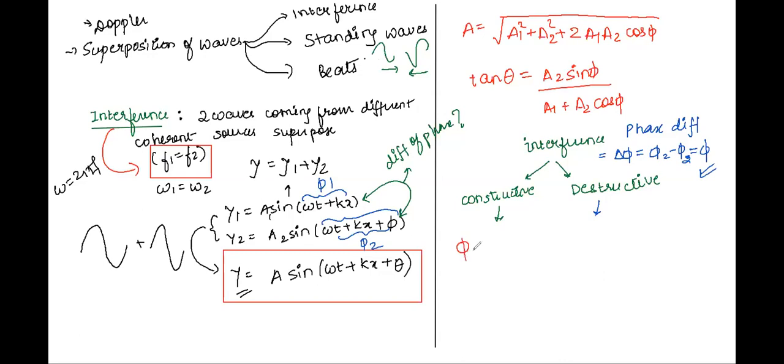Whenever phi is equal to n pi, then it's a constructive interference. N is any number 0, 1, 2, and so on. Clear? Similarly, what is destructive interference? Destructive interference is when the phi value is equal to an odd multiple of pi. So I can write this as